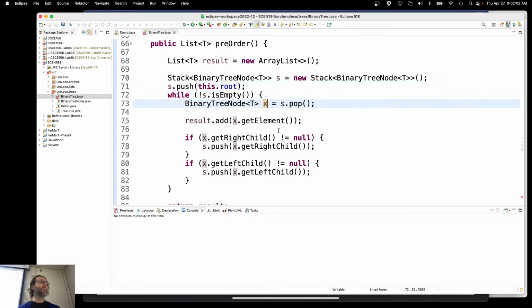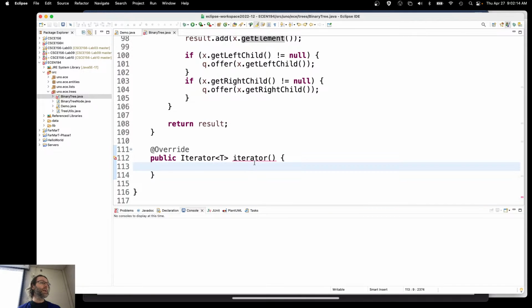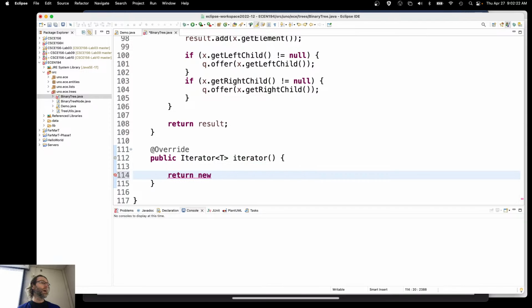And the reason that I screwed up last time is that I thought that you could have a constructor in an anonymous class, but you can't. And so we're going to have to do this a little bit differently. Let me go ahead and start by letting it generate those two methods. Let's go ahead and go with return new iterator for elements of type T, and then we'll define it anonymously